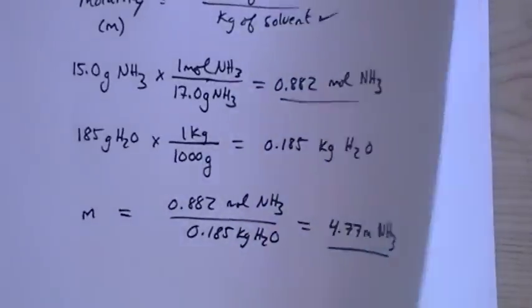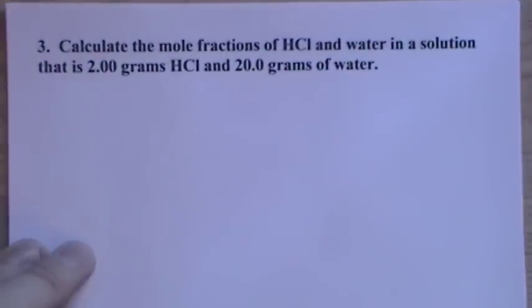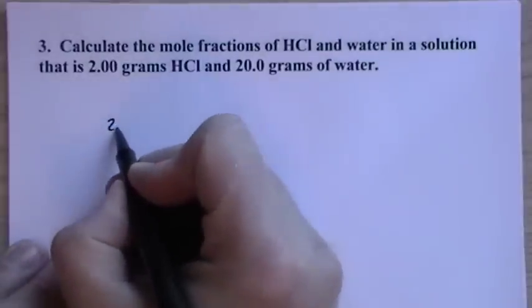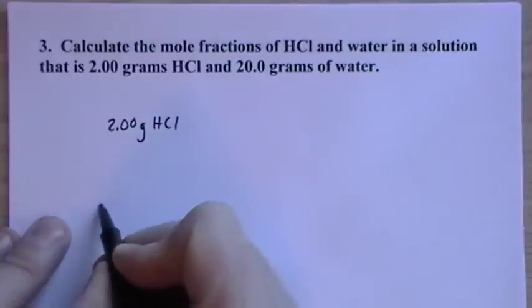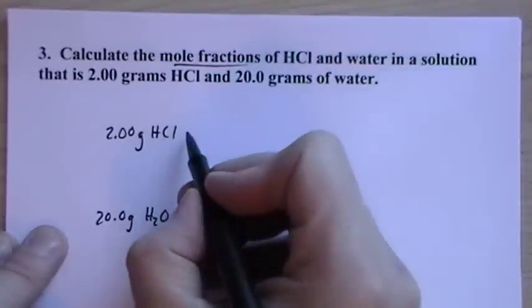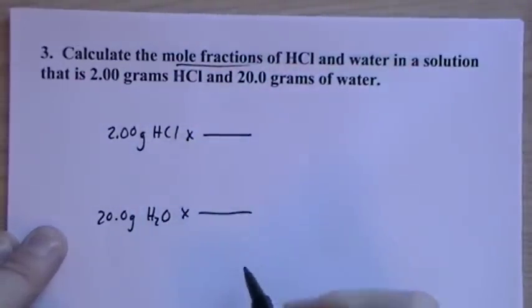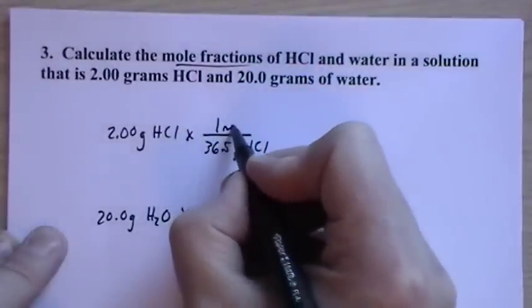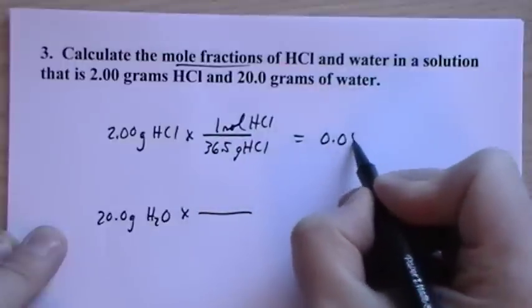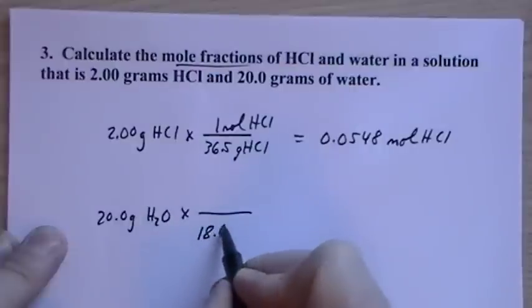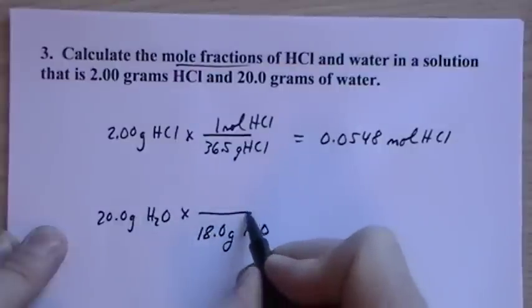Okay, the next calculation involves mole fractions. That's another type of concentration, or another way of keeping track of the concentration. Calculate the mole fractions of HCl in water. You have 2 grams of HCl and 20 grams of water. Well, if we're going to use mole fractions, we need to have the moles of each of the species, the solute and solvent. So 36.5 grams of HCl is 1 mole of HCl, gives us 0.0548 moles of HCl. And then water,